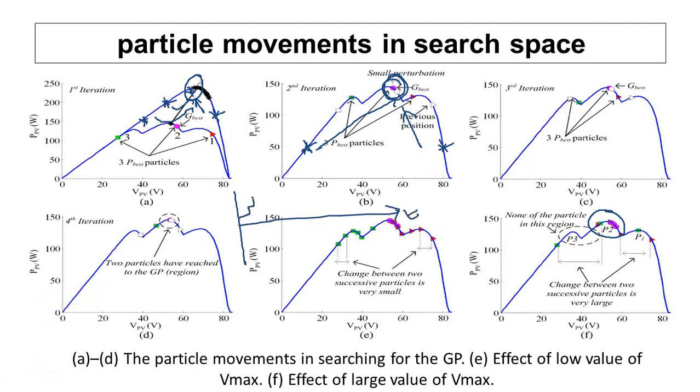At the first instant the power may be p1, then this will be particle 2, and so on, so 5 particles will be there. At the second iteration we can plot somewhere like this. After some point of time, it will reach a maximum position. All particles will try to converge like this.